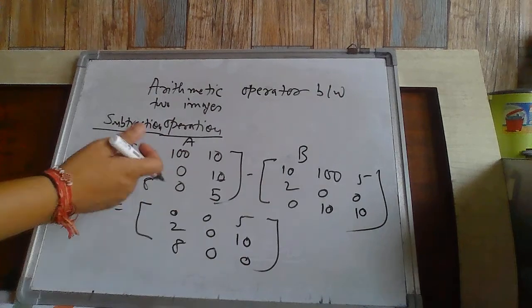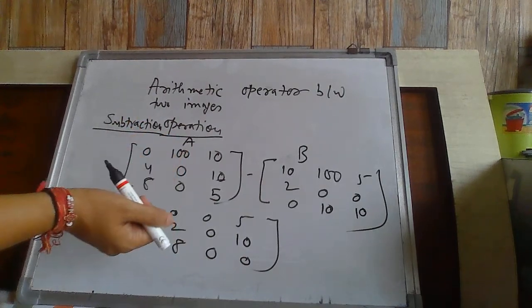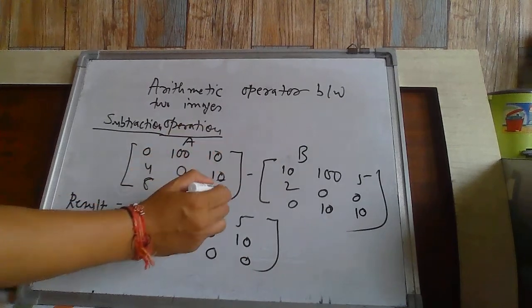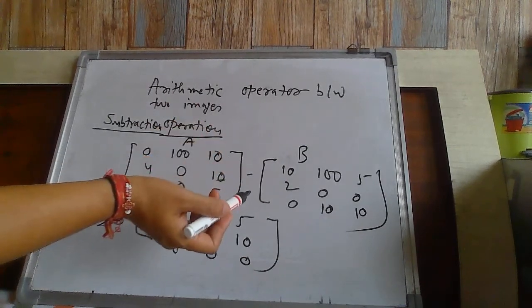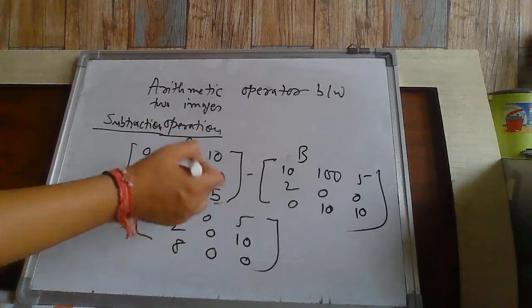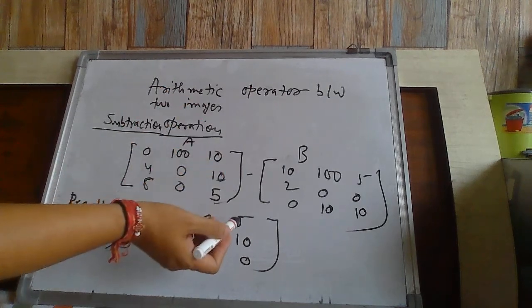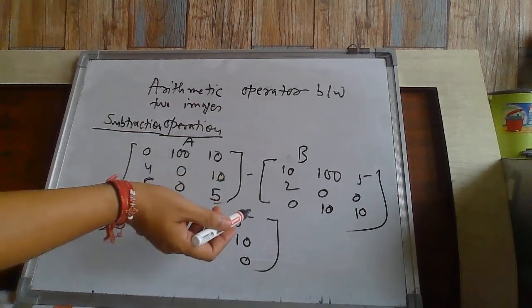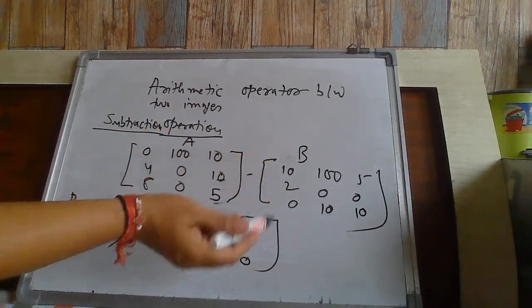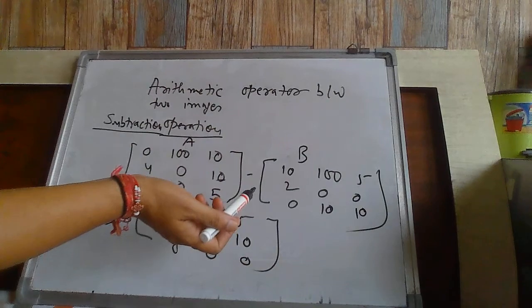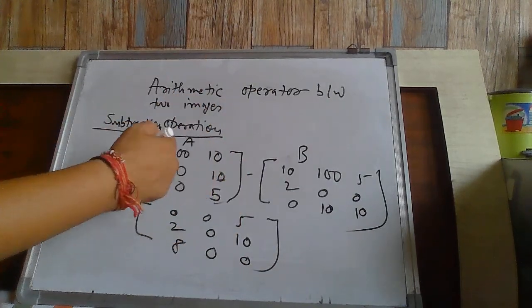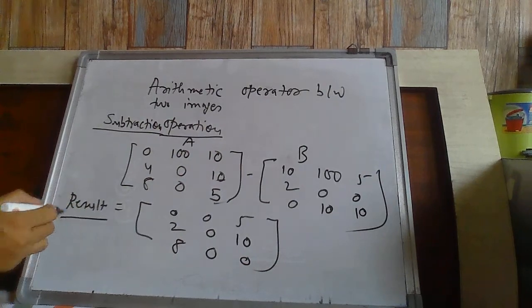So let's see one of the operations, image subtraction. Image subtraction is a very common mechanism whenever you are talking about medical imaging. During medical imaging and radiography, image subtraction is a very important phenomenon. Basically you are simply subtracting pixel by pixel, and you need to follow those 4 rules I told you in the beginning, and accordingly you get back your resultant image.